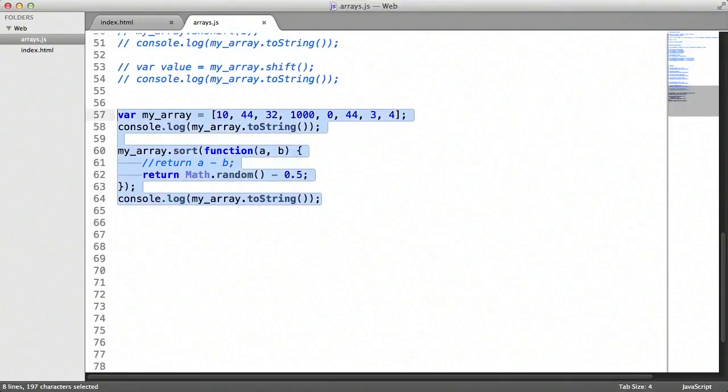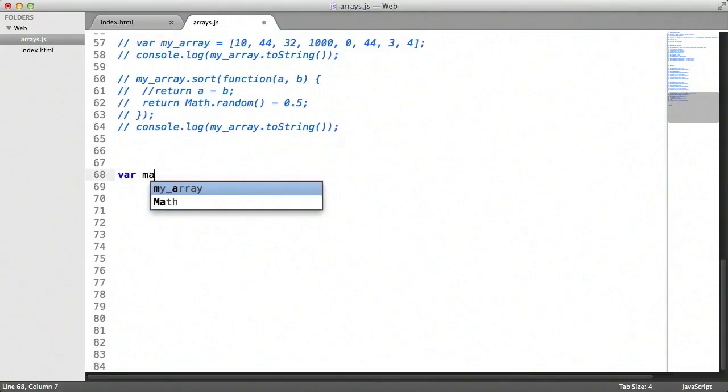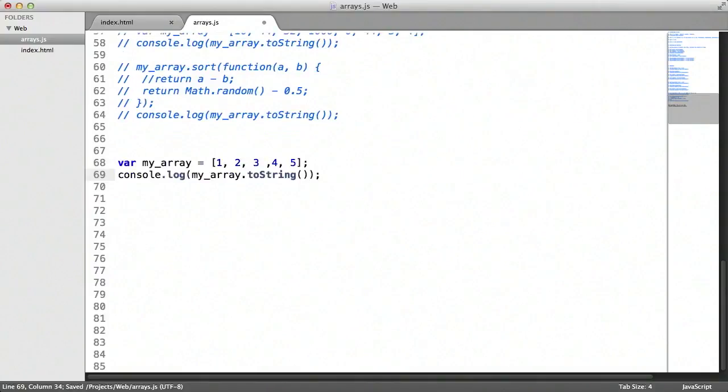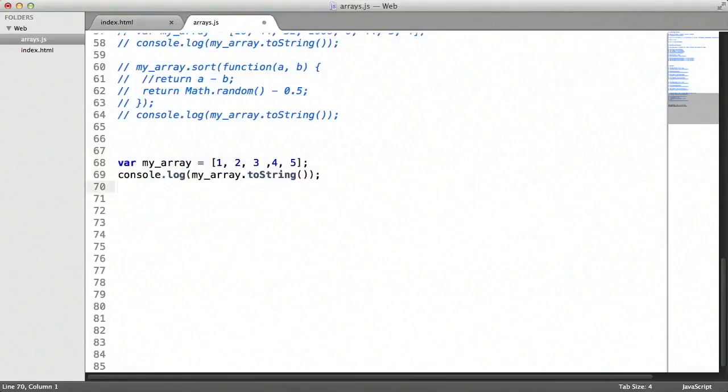Finally, let's take a look at one more method that is called reverse. So we'll say var myArray equals, we'll just make it simple, 1, 2, 3, 4, 5. And we'll do a console.log of its value. And we can see it's 1, 2, 3, 4, 5. And then if we call